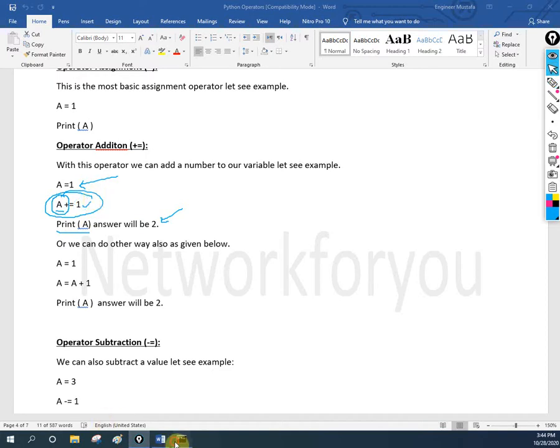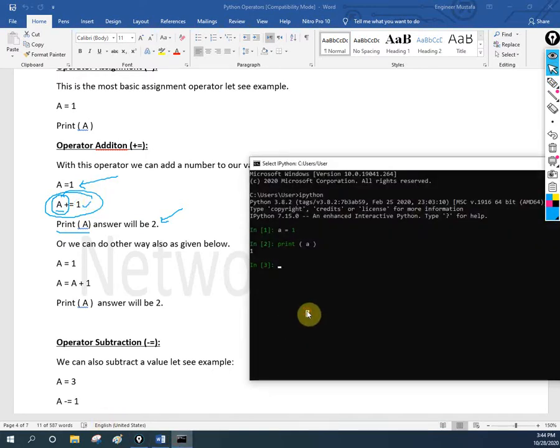Let me go to the Python shell. Here we already have the value. I will write a += 1. I need to give a space, so let me give space here and remove space from there. We need to write it like this. Now I will write print(a). If you see here, it is adding 1. So if you want to add plus 1, we write a space += 1. This one is also clear.